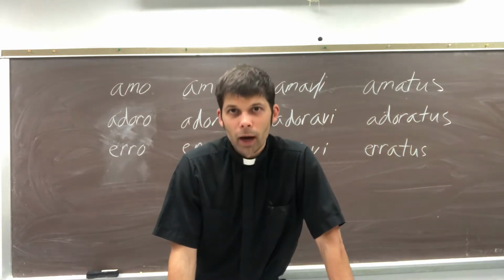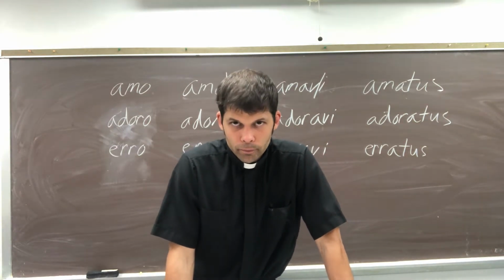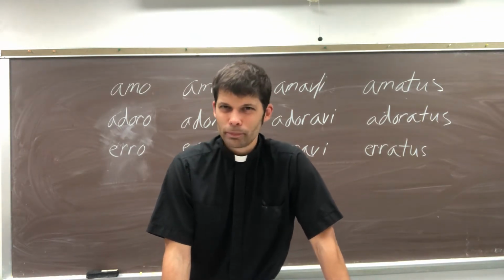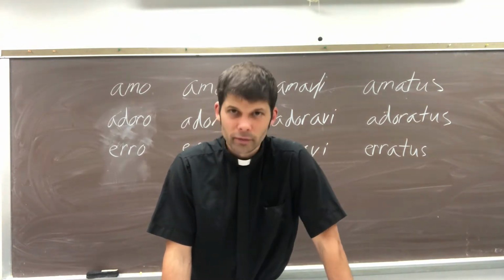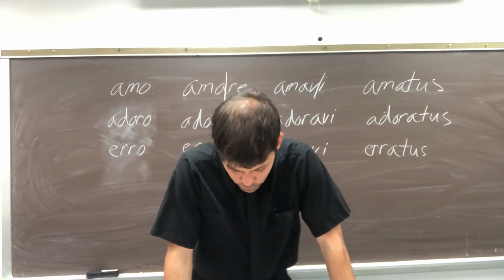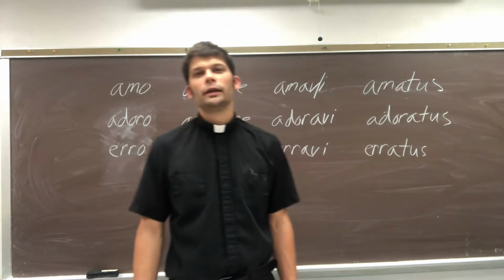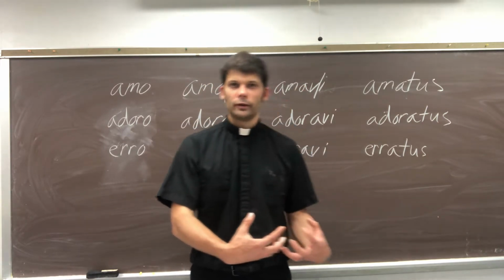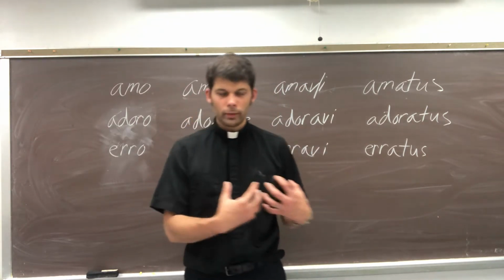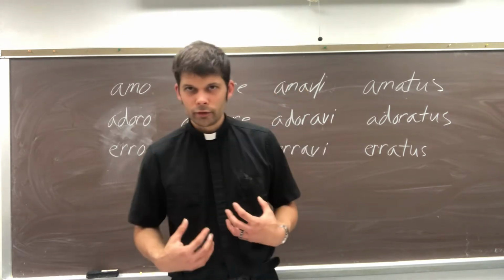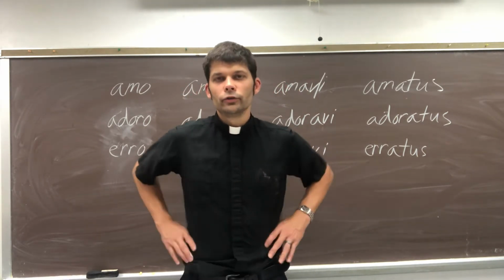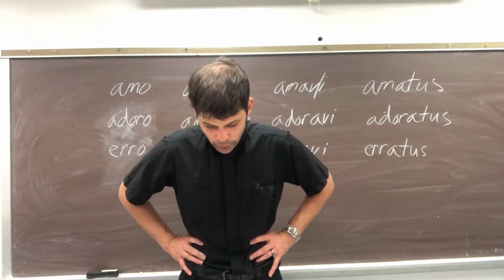Nostri is the objective genitive. Nostrum is what's called a partitive genitive. So if you want to say part of something, like part of us, you're going to use nostrum. Nostri is the objective genitive. There's going to be a noun, and then it's going to be of us. Okay, so if it's part of us, it's nostrum. If it's some other object like fear of us, you're gonna use nostri. Okay, that's all that is.